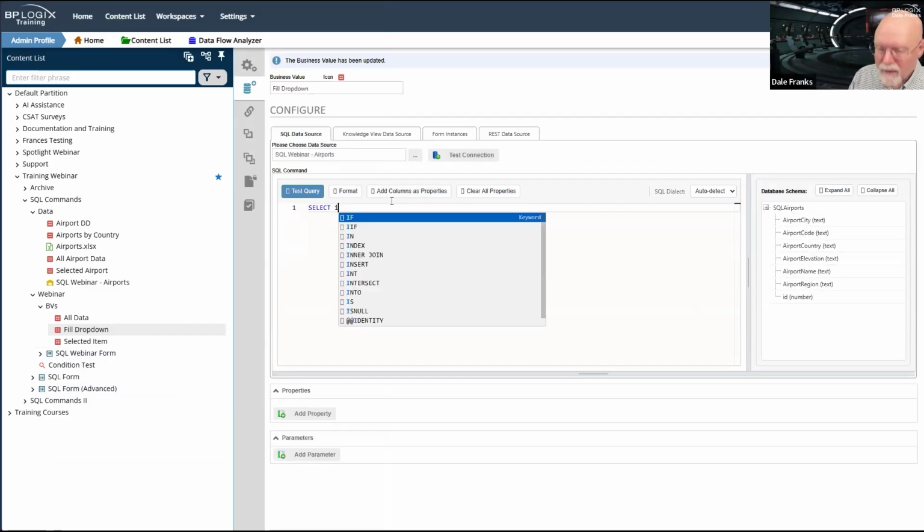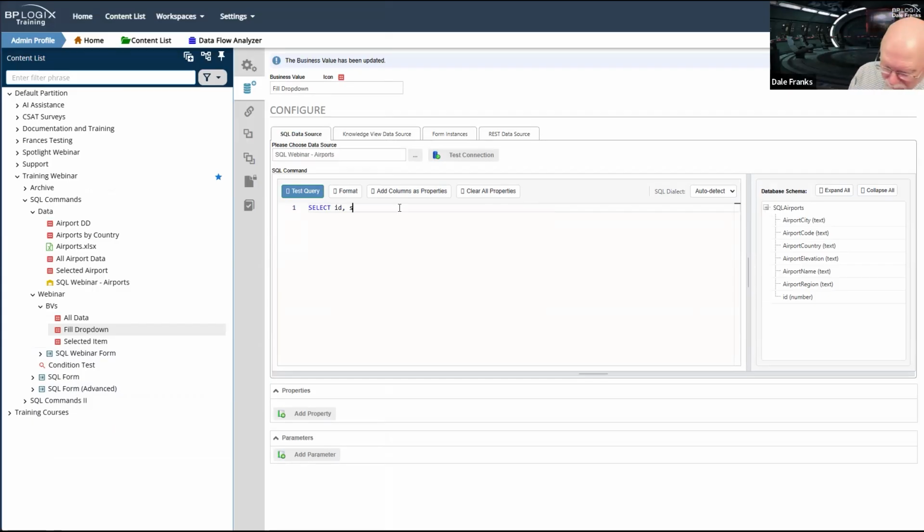So select ID, airport name. Airport, not Sirport. AIR. Okay. Airport name.